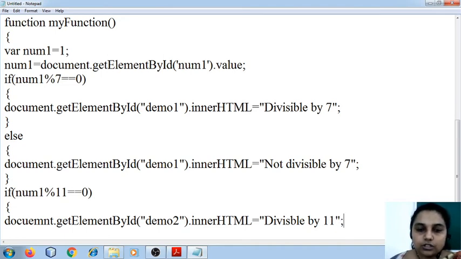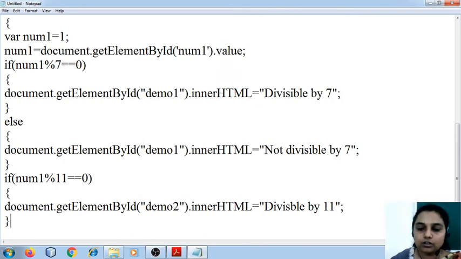Okay, because it is going to be divisible by 11. Sorry, a small spelling mistake over here. So this is my divisible by 11 criteria.